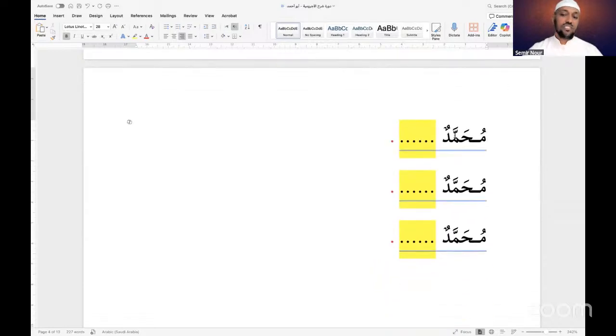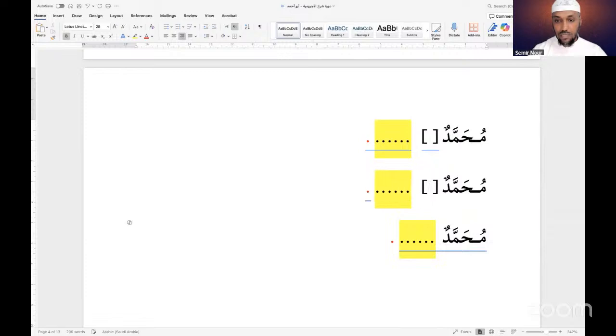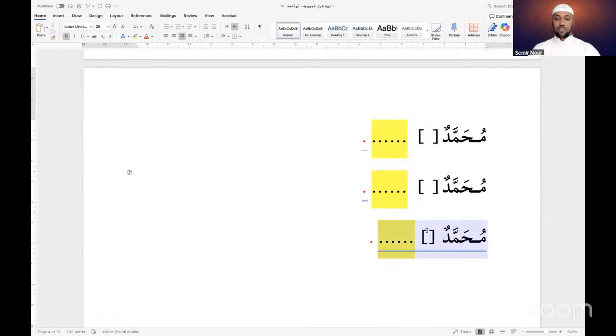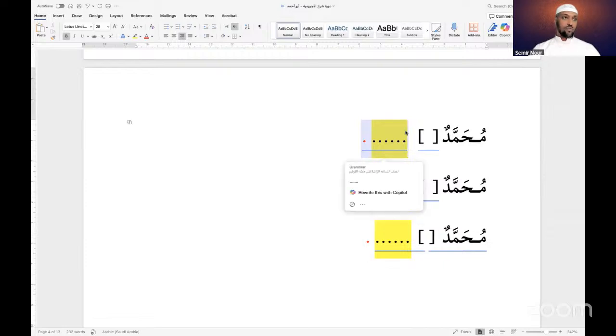So this is our template. طيب. محمد. So we're gonna put the فعل مضارع in here, and we realize that